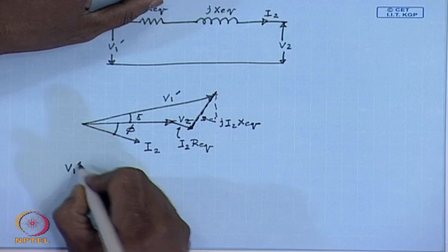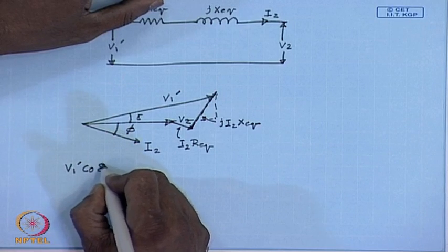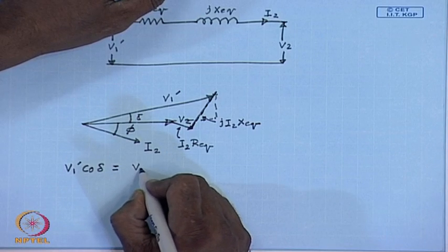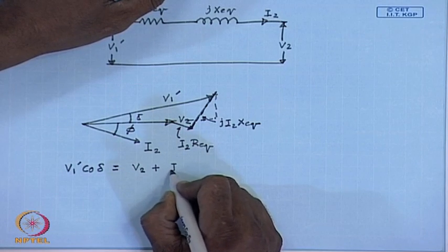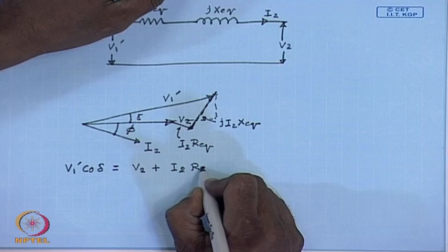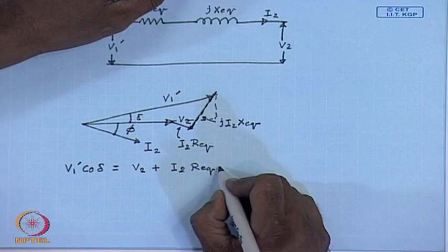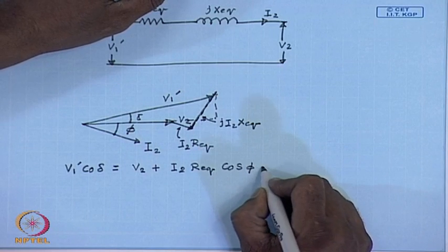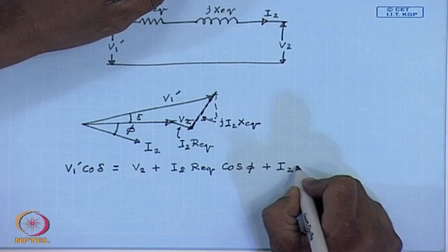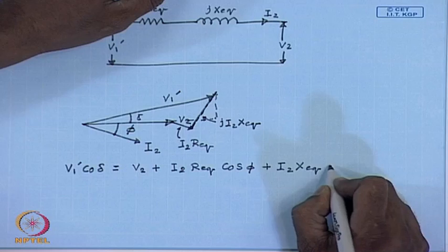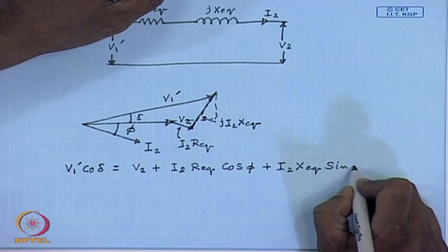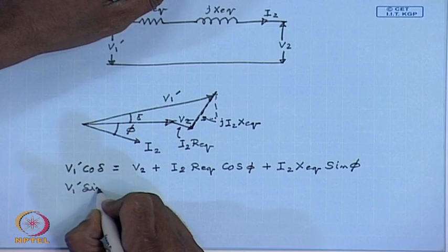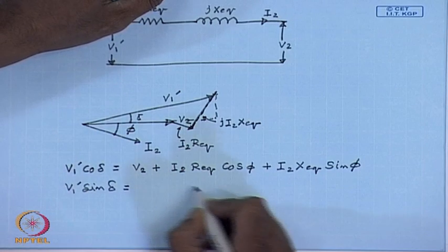V1 dash cos delta is equal to V2 plus I2 Req cos phi plus I2 Xeq sin phi, and V1 dash sin delta equal to